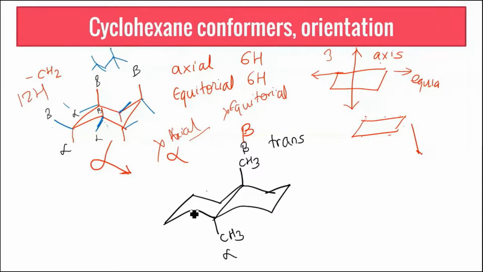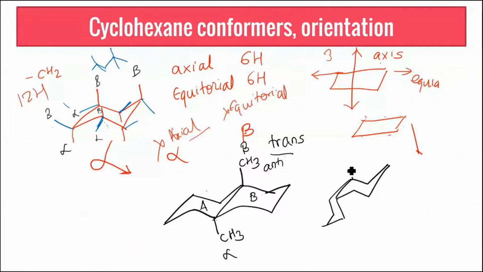So going ahead from your axial, equatorial and cis alpha and beta, we now identify what happens when the two rings A and B of your entire nucleus are fused in a manner where the axial bonds are anti to each other. So this becomes your example of trans arrangement. In cis arrangement, both the bonds would no longer be opposite to each other. So what if I draw the steroid in this manner? Now tell me the point of attachment. This is the point of attachment and this is the second point of attachment.